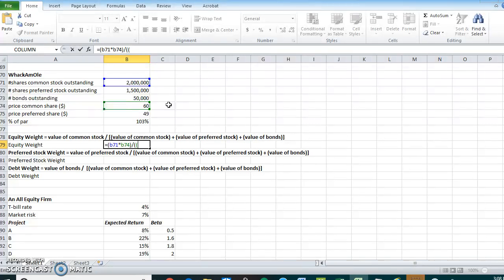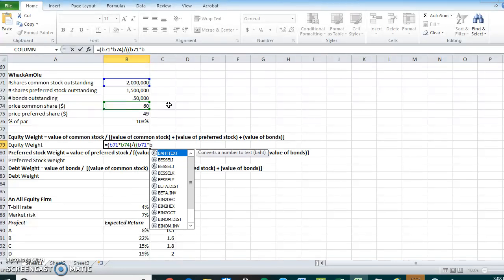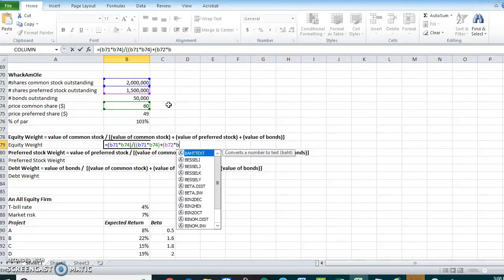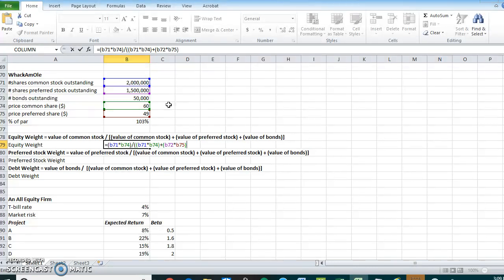So the value of common stock, once again, B71 times B74, close parentheses, plus open parentheses, value of preferred stock, which is B72 times B75, close parentheses, plus open parentheses, B74, that's the price of, there's the number of bonds outstanding. Well, actually B73 is the number of bonds outstanding. And then we multiply that by the percent of par, which is